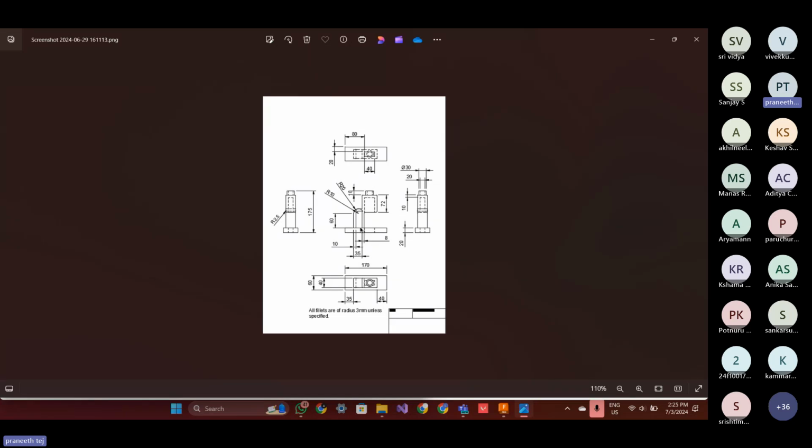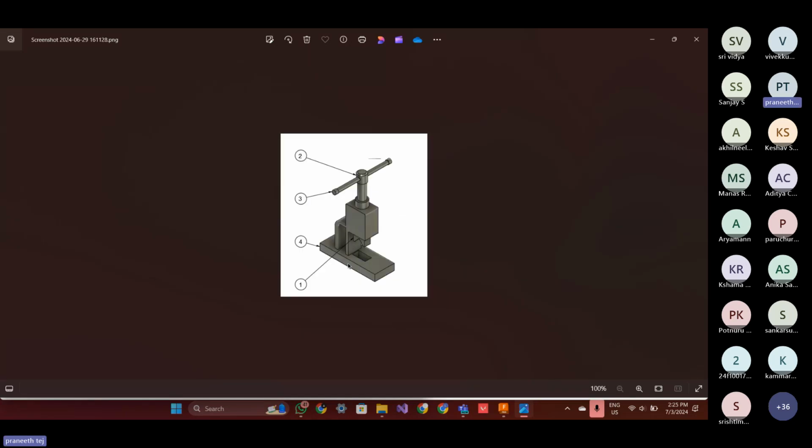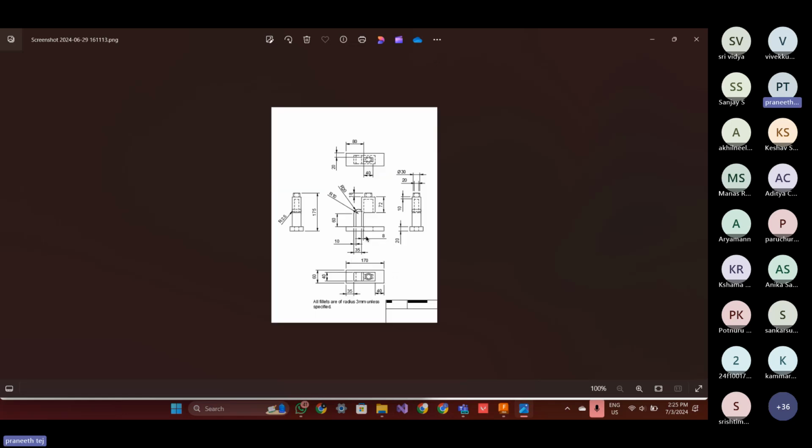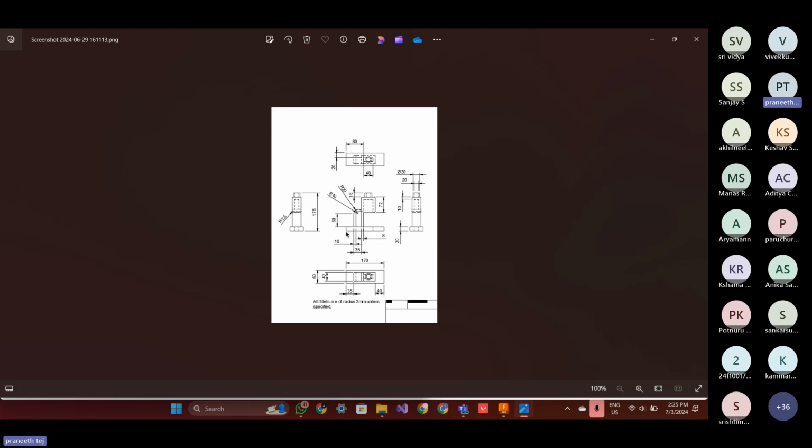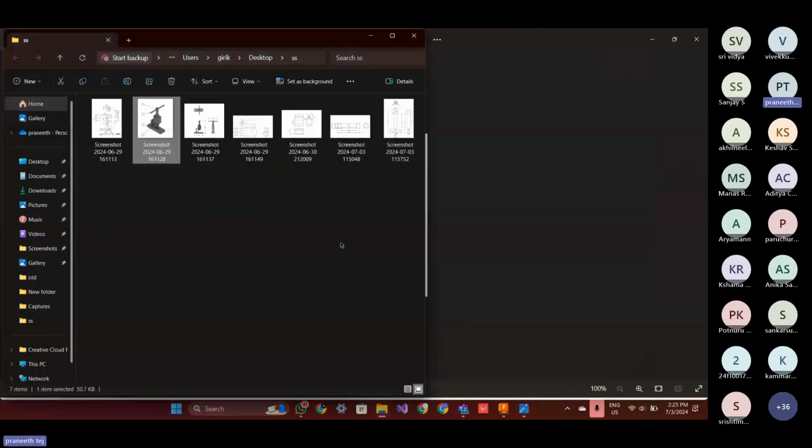So this is the base here. So this is the base and this is the top part. So how do you guys think we should start with the base itself? So first this base I'll start and next this I'll do. So I'll be dividing it into 2 parts. So to start with the base, what I think is